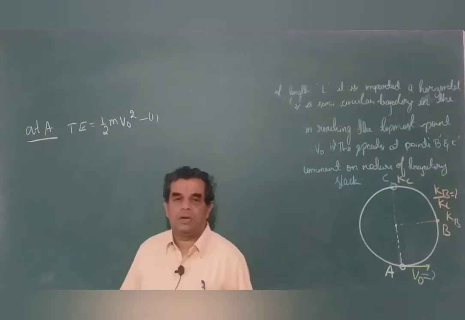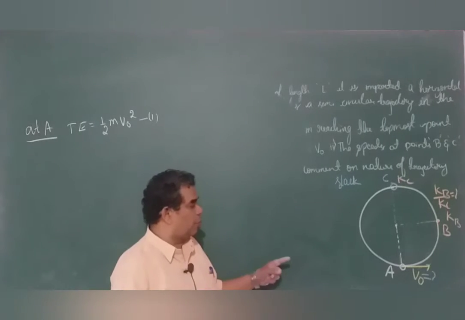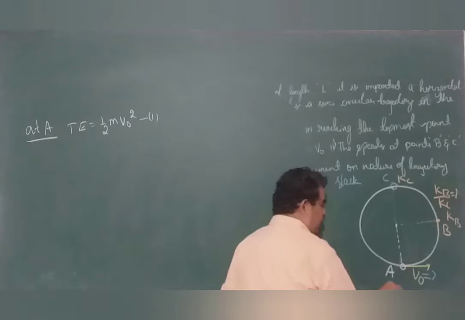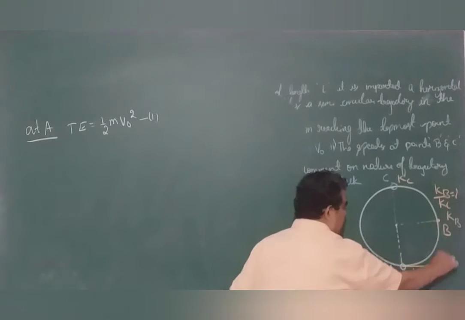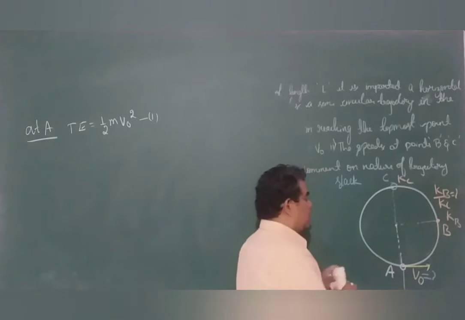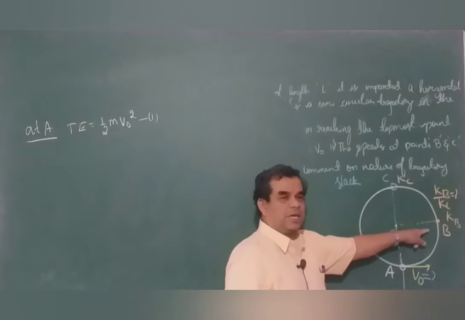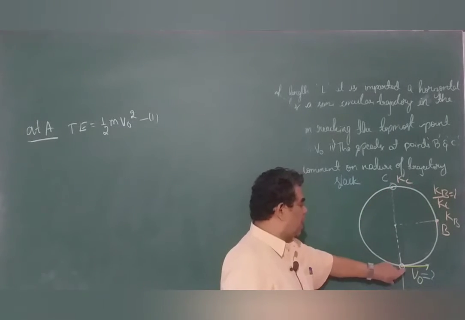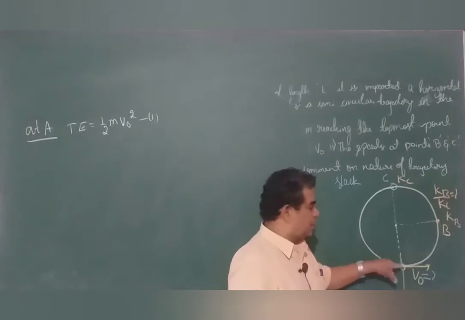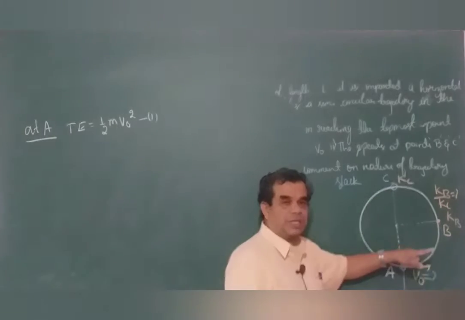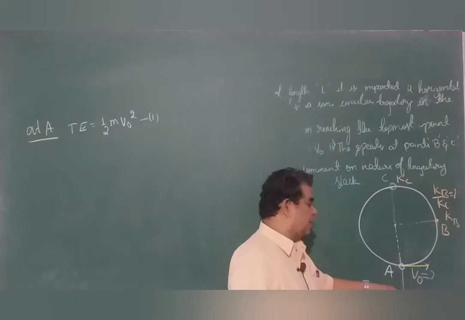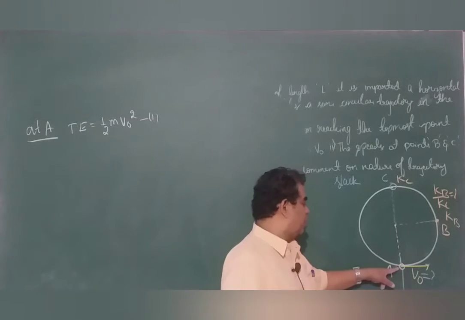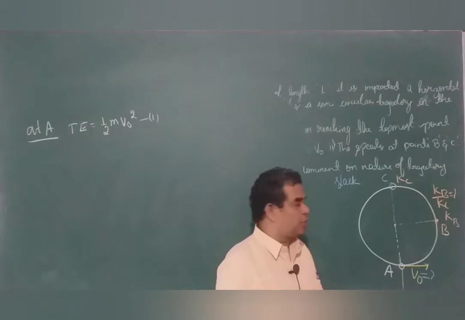And I hope you followed why I took potential energy as 0. Because observe, if I draw this as the ground, this side and this side, once we write potential energy of B and potential energy of C, we have to subtract this height because this height remains common for all those things. That's why instead of taking the ground and making it complex to write, we take A itself as the reference and we write the potential energy 0 there.